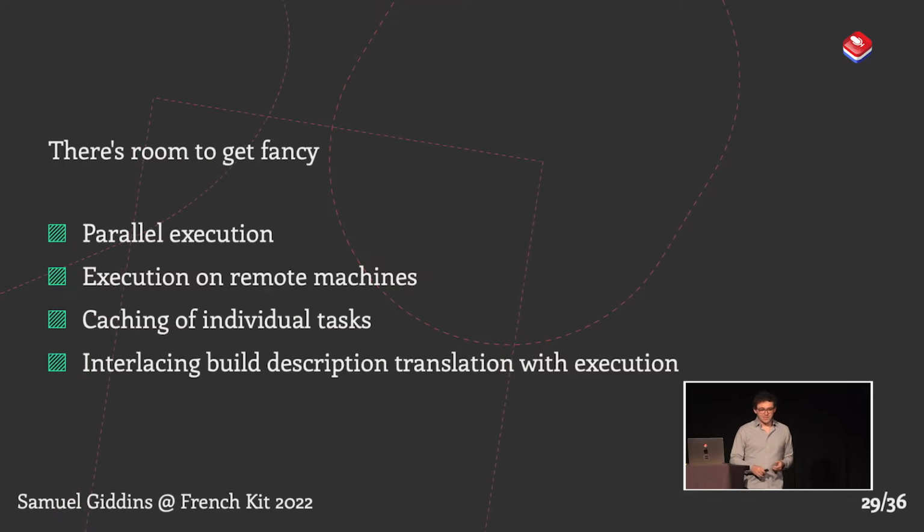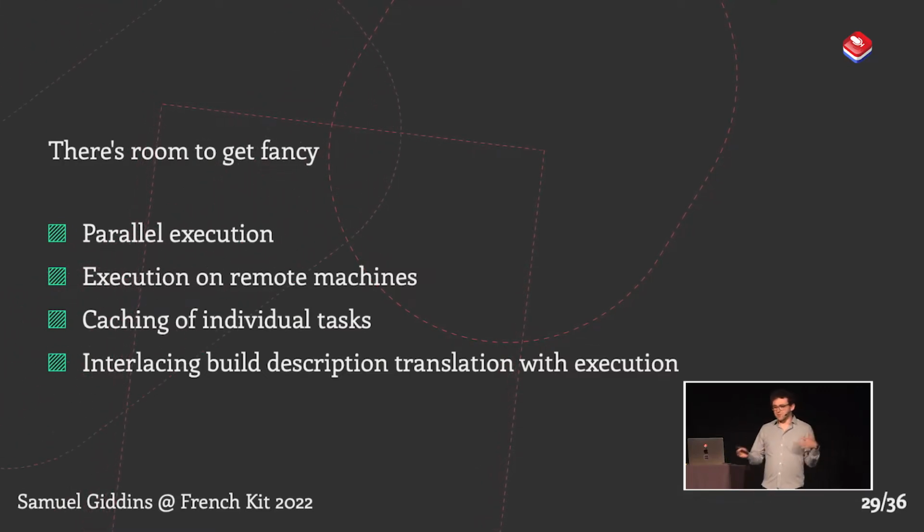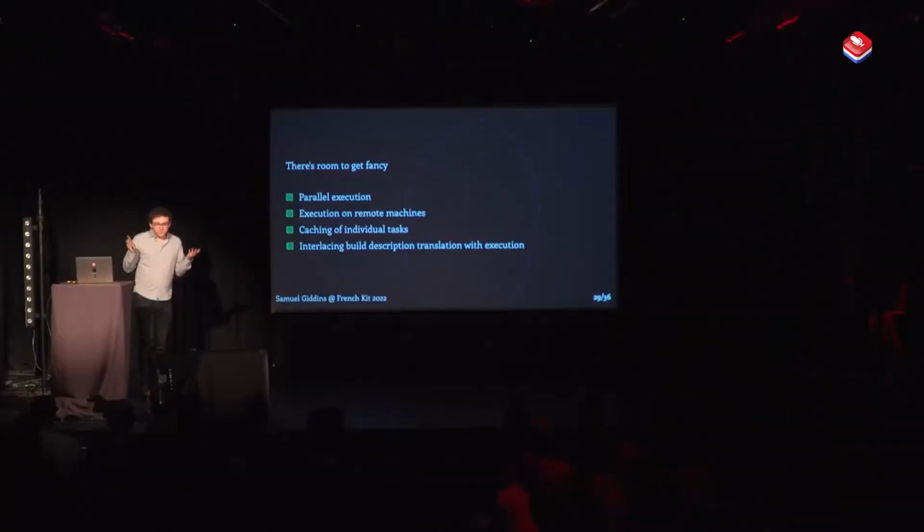Another thing you can do is, I said translating build descriptions could be difficult. Well, it could also be slow. You can interlace interpreting a build description with execution, so you can start executing things sooner in a build. You've ever seen the generating project build description progress bar in Xcode, and it just seems to keep going and adding a new number. It's like you're 0 out of 1, you're at 10 out of 100. This is the sort of thing that can take time, and if you have to do it at the start of your build, it makes your build slower.